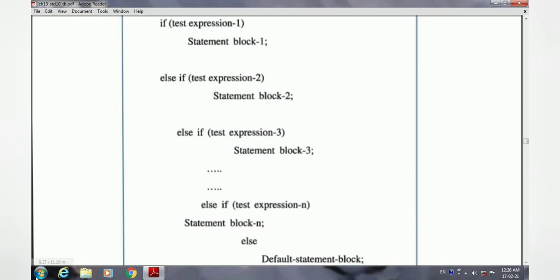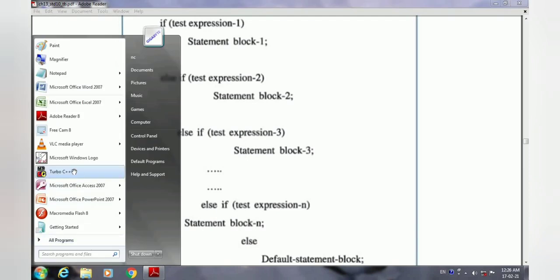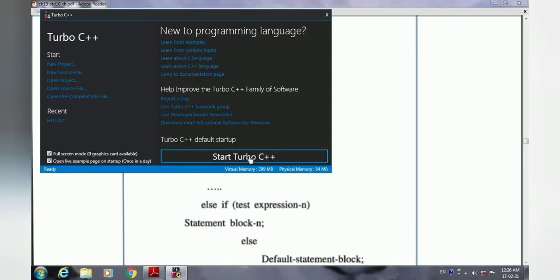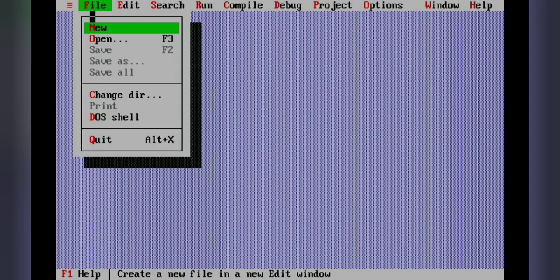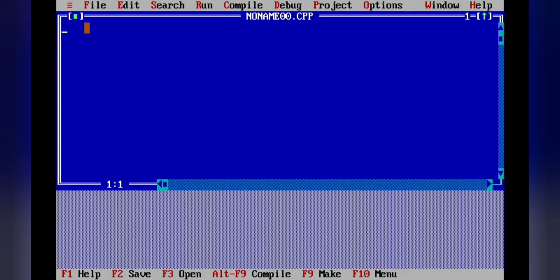Now practically we will see this by writing one program. For that we will open our Turbo C++ software, and here we will write a program to get the user's percentage, and based on the percentage, print what the class is. So hash include stdio.h, then void main.